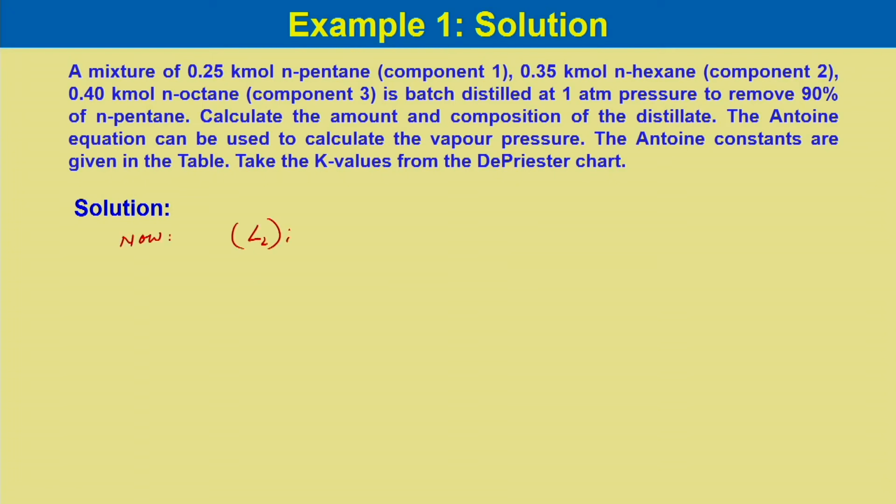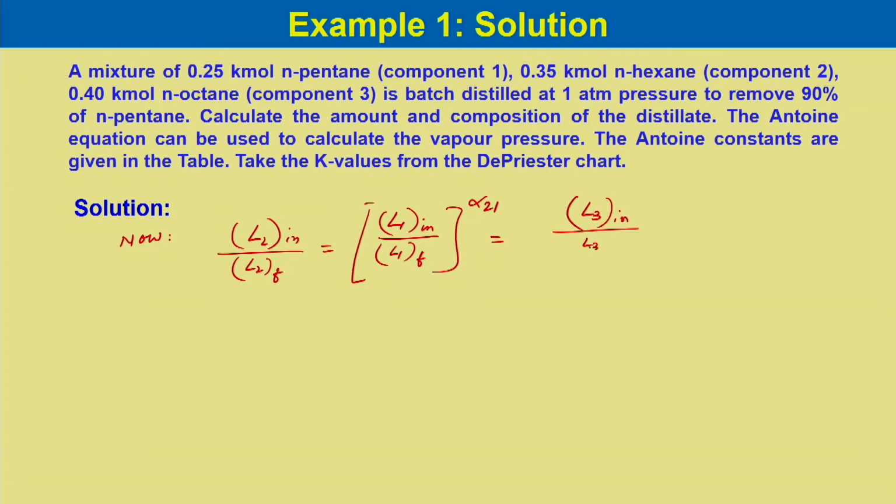L2 in divided by L2F, initial and final, would be equal to L1 initial divided by L1 final to the power alpha 21, which would be equal to L3 initial over L3 final to the power alpha 23. Now, if we substitute the values,